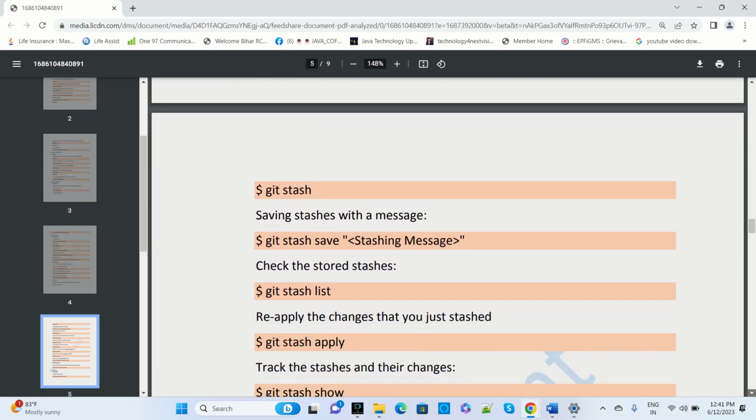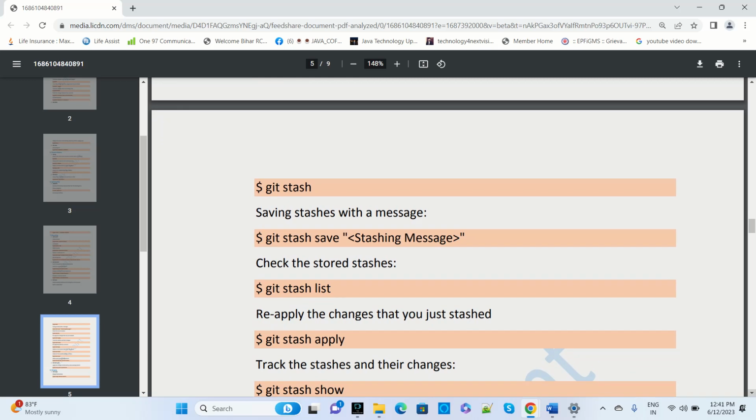And if you want to save, because you haven't committed and you want to save the status with a message, then git stash save, because you are not committing, you are just saving for a particular future purpose. So git stash save staging message. And then if you want to check the stored stashes, whatever saved stashes are there that you want to see,